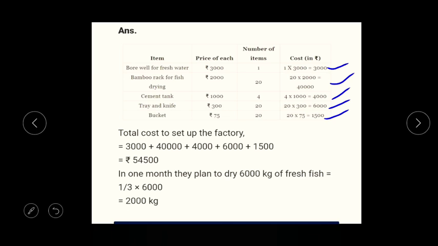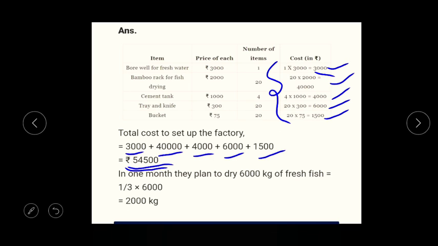So for the total cost to set up the factory, we add all these costs, that is 3000 plus 40,000 plus 4,000 plus 6,000 and 1500. So the total cost to set up the factory will be